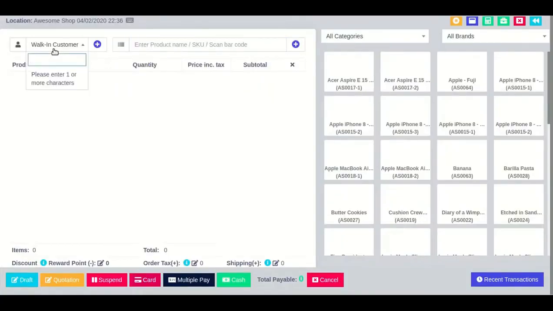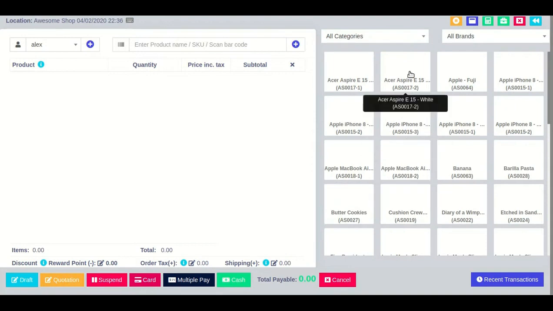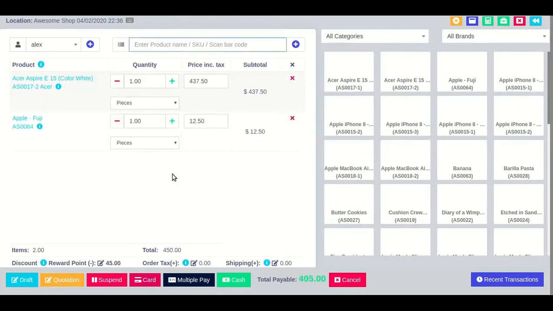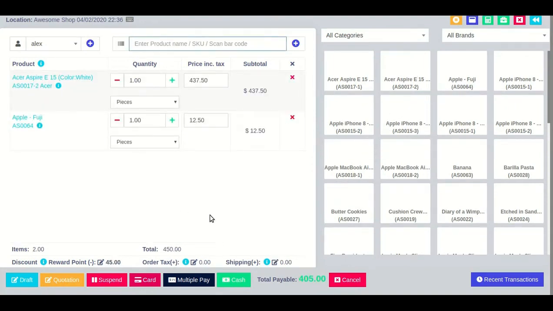So let us search again for that customer Alex. If we search again, you can see it is showing the balance reward point for this customer, which is 78. Let us select this customer and add another product. Okay, if the customer wants to use this 78 reward points, what we